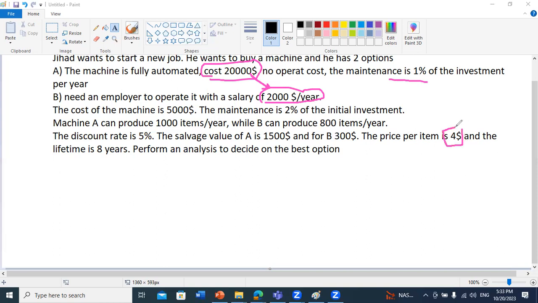You know that whenever you sell any item, you have a certain range that you can play with, depending on the market of course. You can study if I increase the price a little bit. Let's say if I want to sell at $4.1, or let's say at 4.2. A small increase in price will really increase your benefits a lot, because here we are talking about 1,000 items per year. If you just increase the selling price by, let's say,